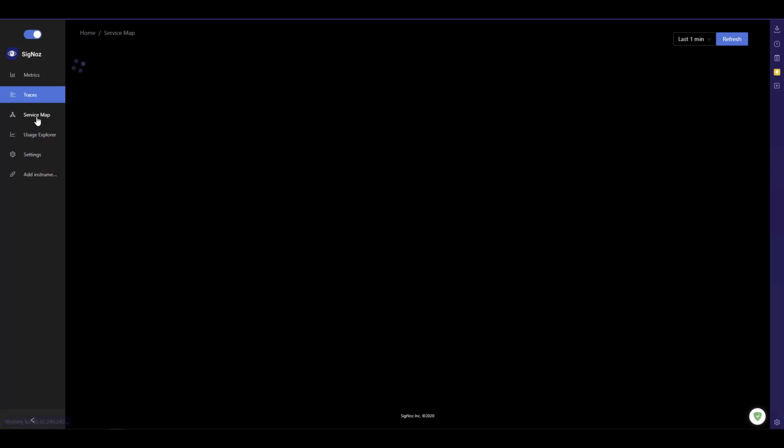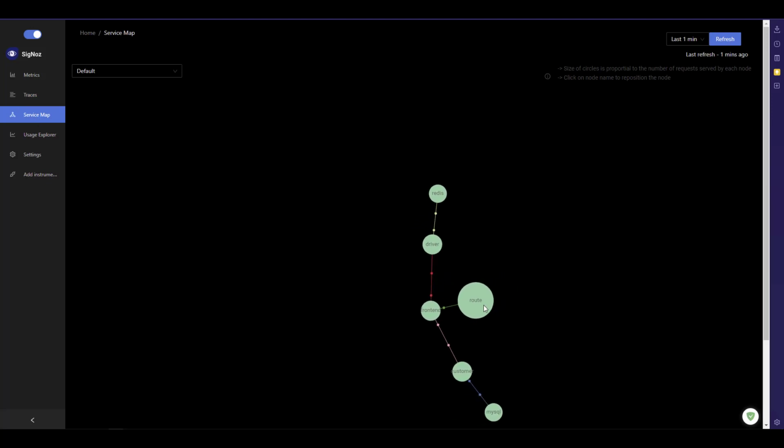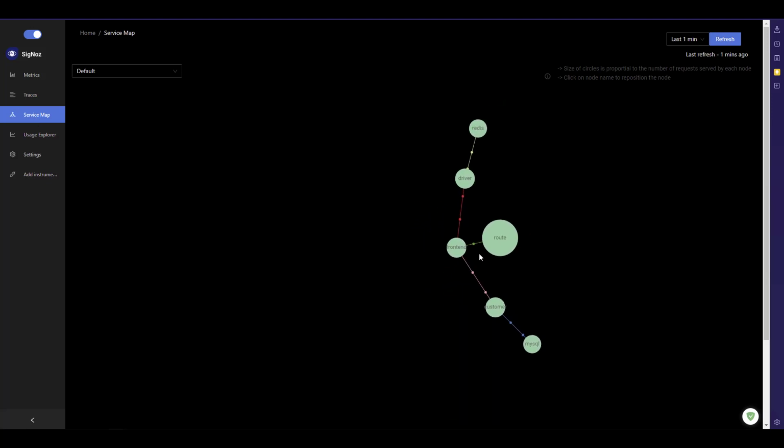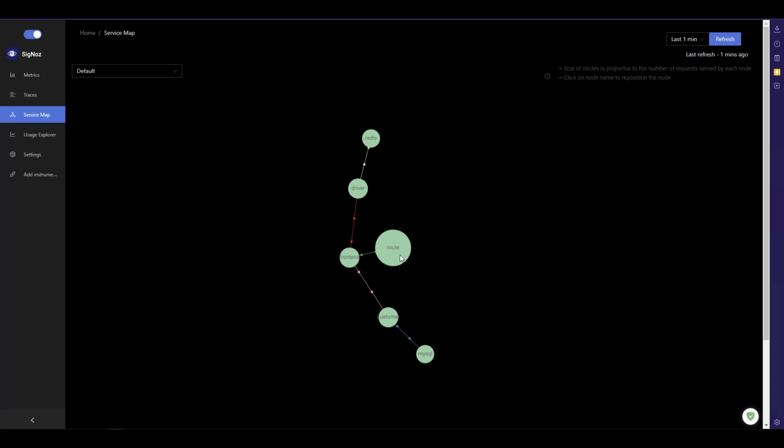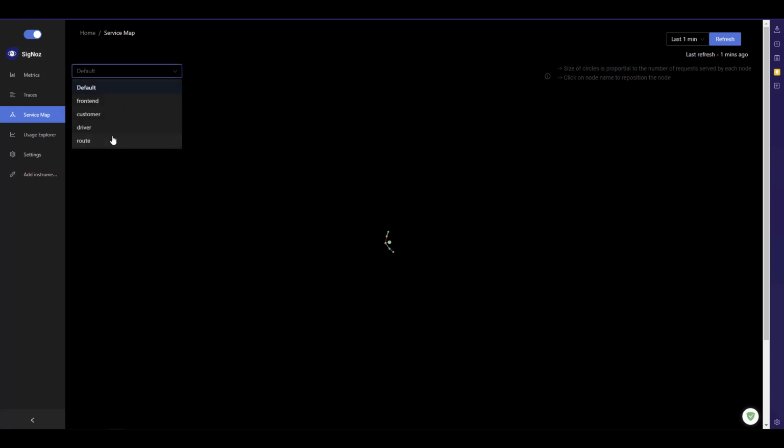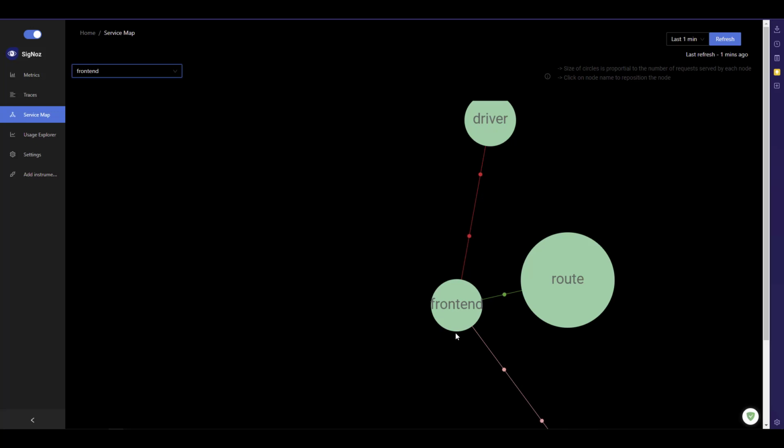And if you click on service map, you will get the map view of your requests. So here you can see how the request is flowing through each component. So that view you will get. And the size of the circles is proportional to the number of HTTP requests for each node. So here you can see the node. And if you just click on it, you will see the latency, requests, etc. So it's a very interactive graph. And then you can also zoom in and zoom out. And also here you can select the application which you want to focus on. So if you just select it, you can see what's going on in the particular application.